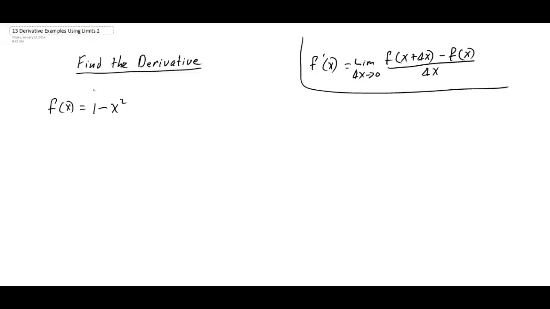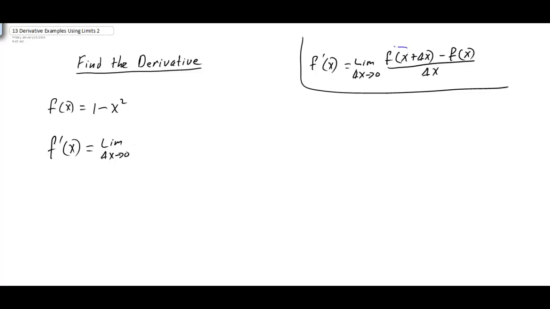Hello, this video is going to look at two more examples of how to find the derivative of a function using the limit process. So we have the function f of x equals 1 minus x squared, and if we want to calculate the derivative, we need to take the limit